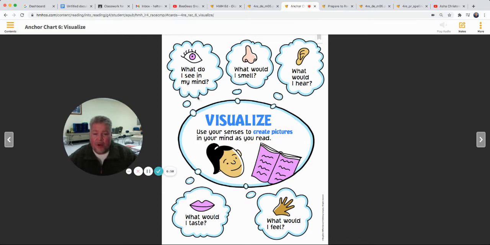So a good poem will cause you to see a picture in your mind. Hopefully you can see my little gray and white cat when I read my poem about Shasta to you. You might have a poem that creates a sense of smell. Maybe it's a poem about spring flowers and makes you feel like you can smell the flowers.